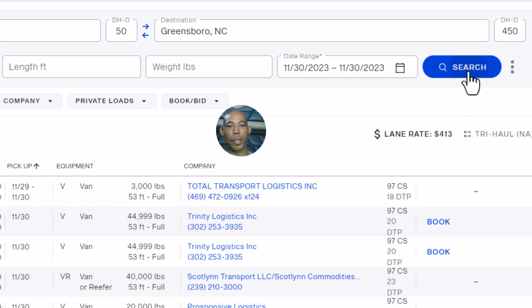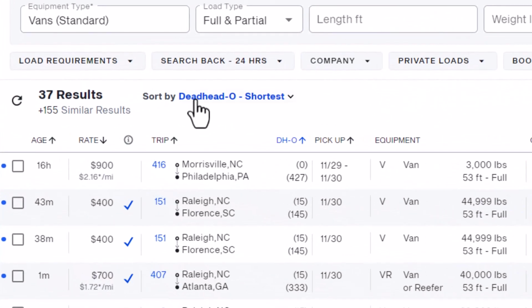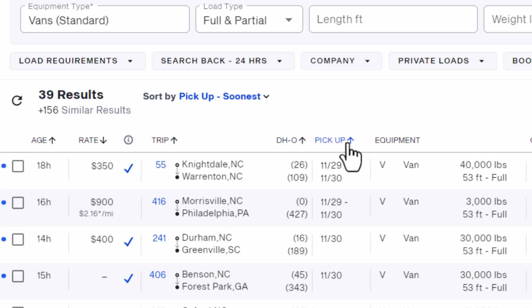And click on search. You see here it says sort by. Like I said, I always sort by deadhead mileage. I want the shortest deadhead. So here is where you will click to sort. This is where you change your sort. So you can sort by the pickup date. All of the arrows show you the ways that you can sort the search results. So you can go by the age, the rate they're paying, the trip mileage, the deadhead mileage, or the pickup